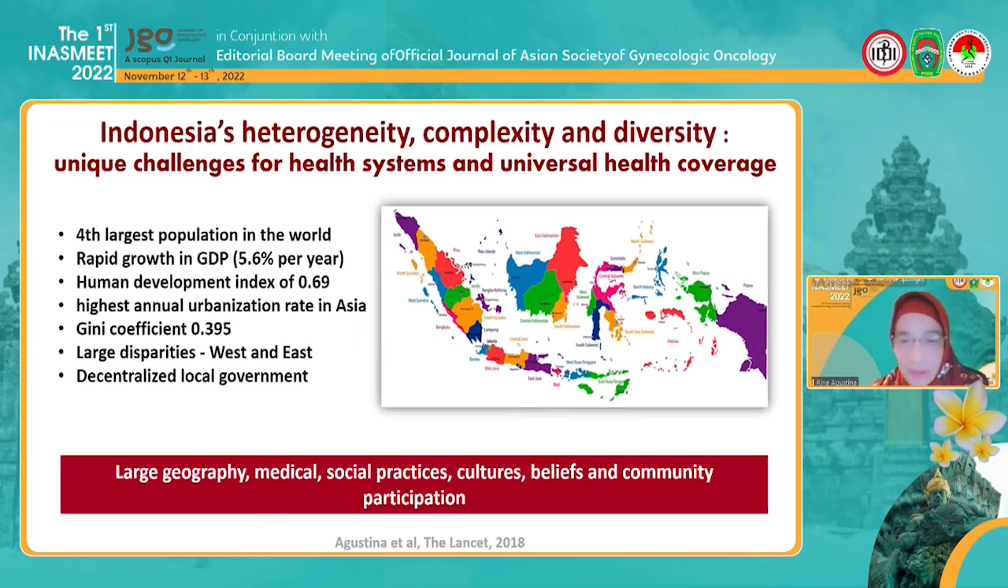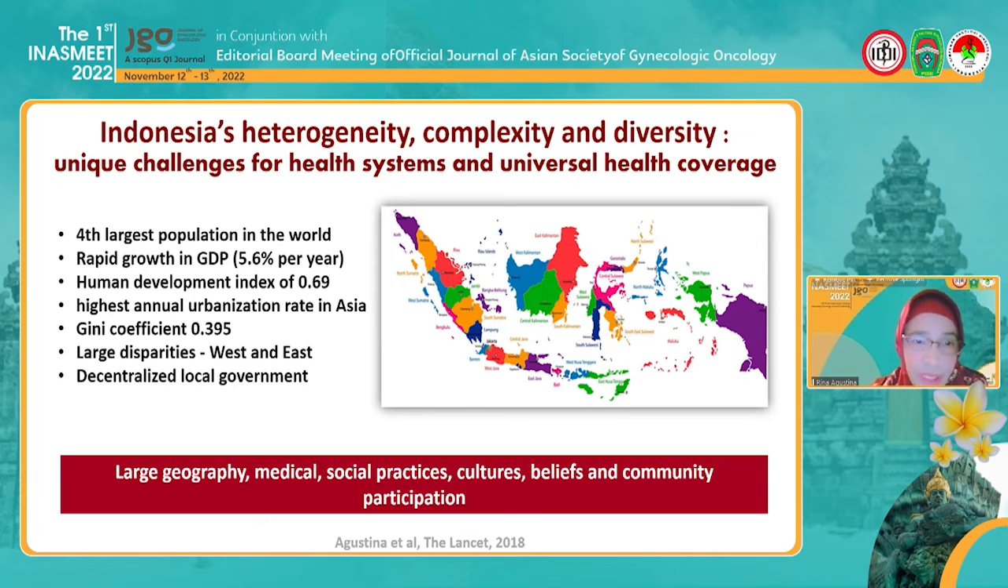So I would mention that this is one of the information that we put in our Lancet paper in 2019. It's about universal health coverage, mentioning that Indonesia is quite heterogeneous and also has a complexity and diversity problem and also opportunities. So there are unique challenges for health system and universal health coverage. Not only is it the fourth largest population in the world, but it's also showing some growth in economic development, GDP,